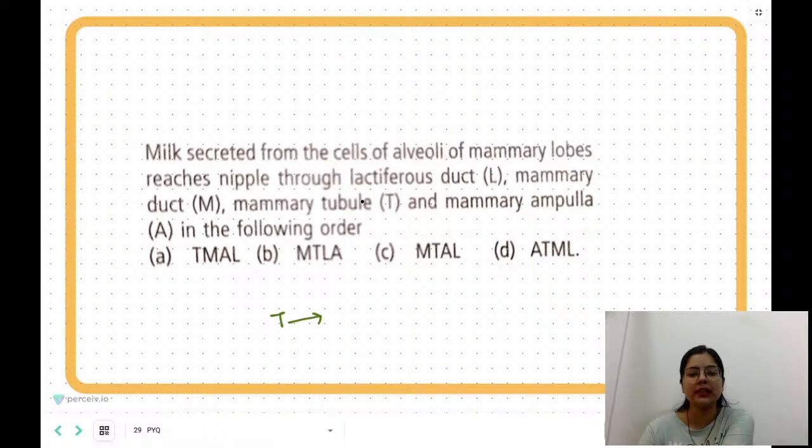After the mammary tubule, we saw that the entire mammary tubule is going to collect into the mammary ampulla. So the mammary ampulla will be here, and this is ultimately going to go into your next one. Sorry, just a second. So the first will be your mammary tubule over here. Okay, so that is the first one. Our sequence starts